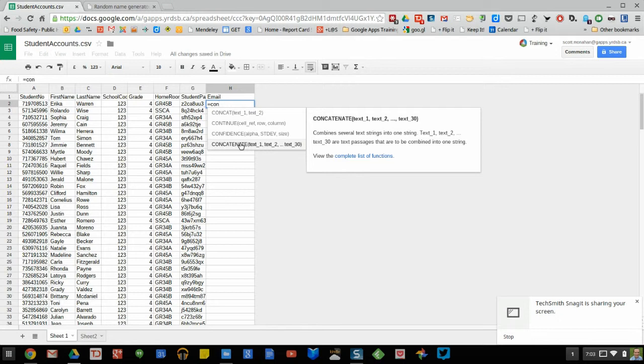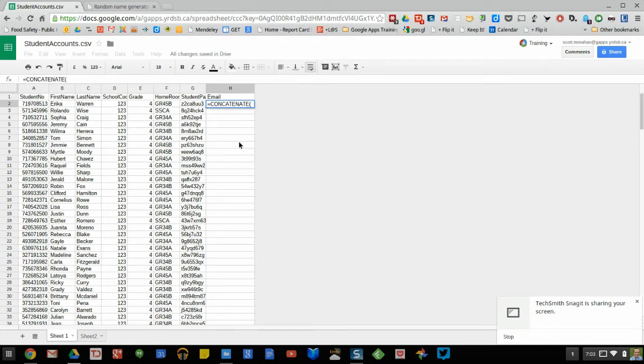So what I will do is I'll say yes, I'm going to use that, and click on the function, and then I'll say what I want it to join. So I want it to join the student number, and I want to join it to the email extension. So I'll put in a comma, and then I'll put in a quotation mark, and @gaps.yrdsb.ca, and a closing quote, and I hit enter, and you can see that it has added that email extension